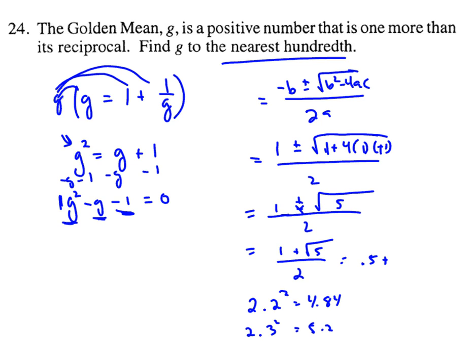And so you can see that 5 is closer to the 4.84 than the 5.29. So then we might think it's around 2.24, because it's not quite 2.25, but it's probably not 2.23. So when we divide that by 2, that gives us 1.12, and 0.5 plus 1.12 is 1.62, which is the